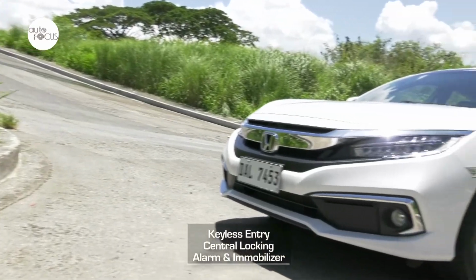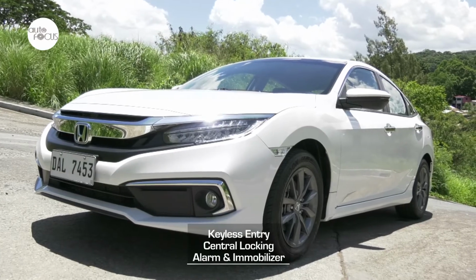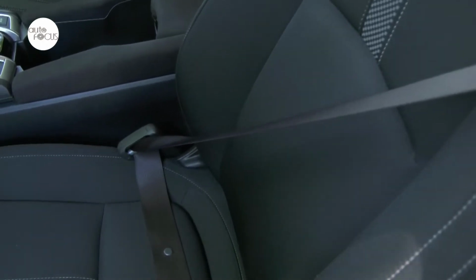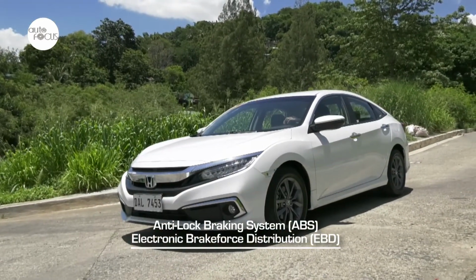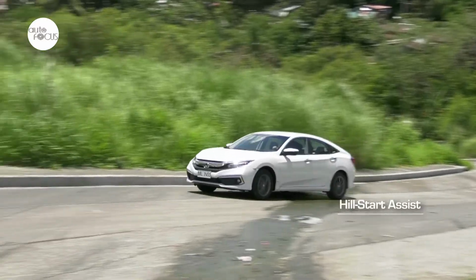For safety and security, the Civic 1.8e features keyless entry, central locking, alarm and immobilizer, and driver and front passenger airbags aside from the mandated seatbelts for all 5 occupants of the car. The driver also benefits from an anti-lock braking system, electronic brake force distribution, stability and traction control, and hill start